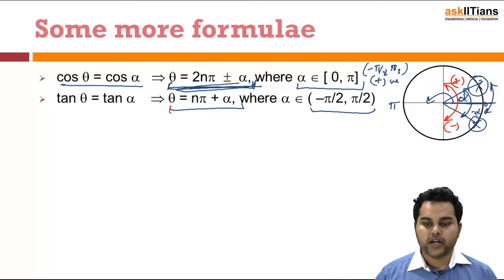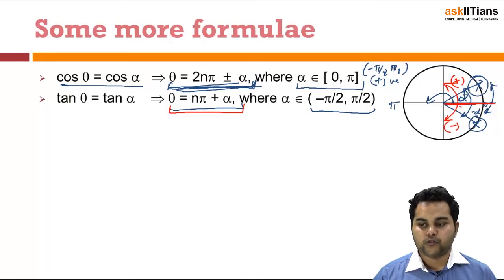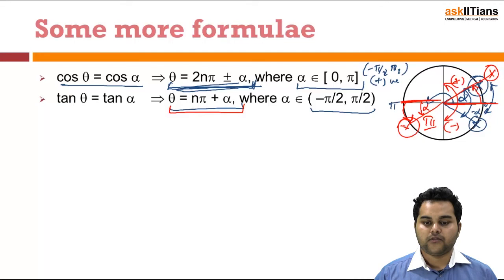Also, I get theta is equal to n pi plus alpha. If I have n pi lying over here, that is an even value of n, so I would be here, then a positive alpha would be here. So this will be the solution to tan theta equal to tan alpha. And if I have an odd value of n, that will be here, then a positive alpha in the clockwise direction, and I would again have the point in the third quadrant, as tan theta equal to tan alpha is a positive equivalence of two tans, so it will be in the positive quadrants. Of these two quadrants, I will be taking the value in the first quadrant.